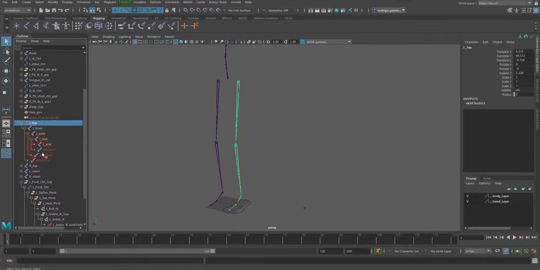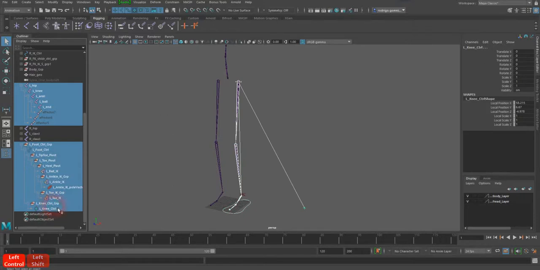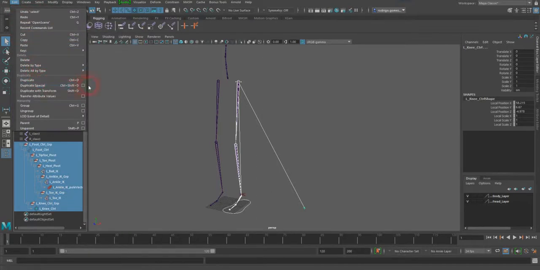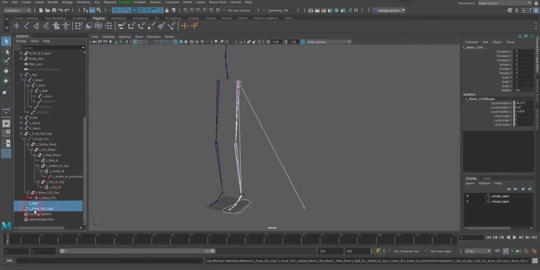I'm gonna select all of the nodes under the left hip, including the three factors that we have there, and we are going to select the left foot with the knee control, and we are going to duplicate special. When I open it up, in this case we are going to make sure that this duplicate input connection is on, so that way we duplicate all the inputs that are connecting into this object. So I'm going to say duplicate special, and then I got a second leg with a second